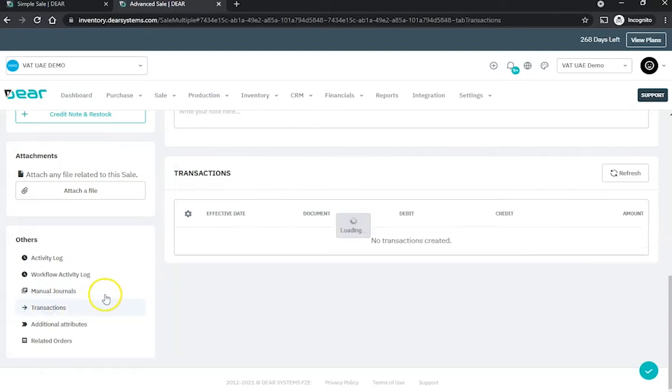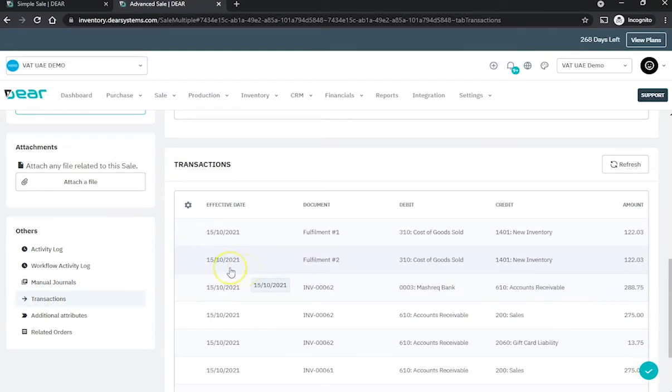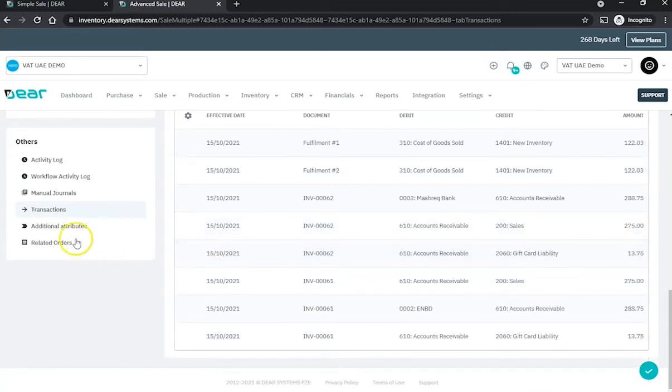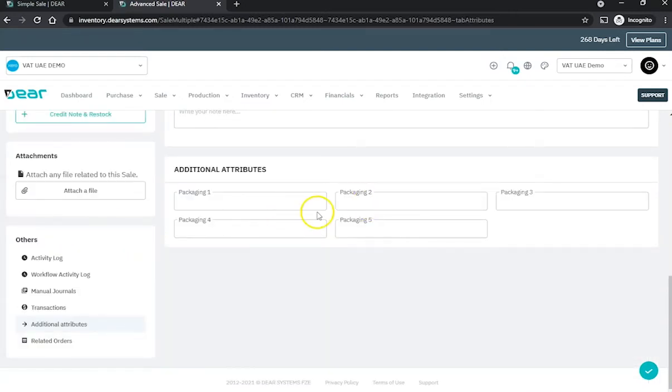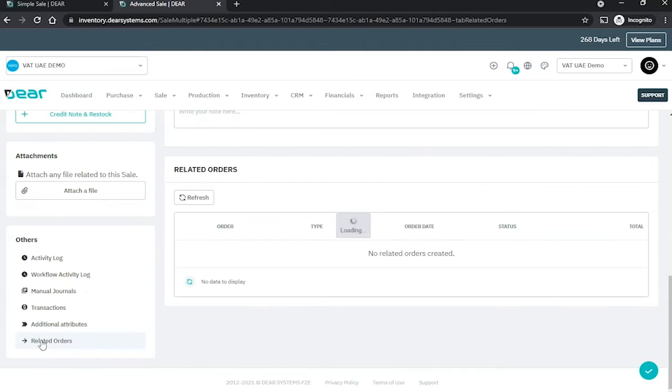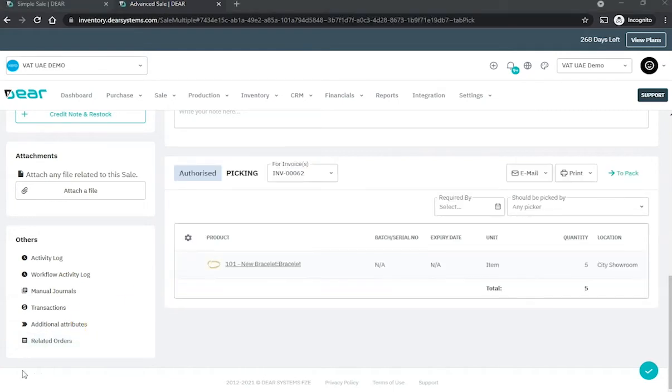We can also see the transaction created under this sales order. We can also add additional attributes, and we can check the related order under this advanced order. Please note that when authorizing a sales order, the system will automatically allocate the stock for this specific order, meaning